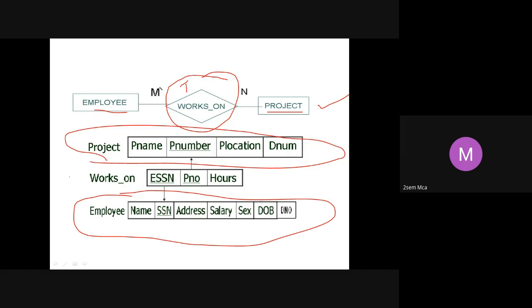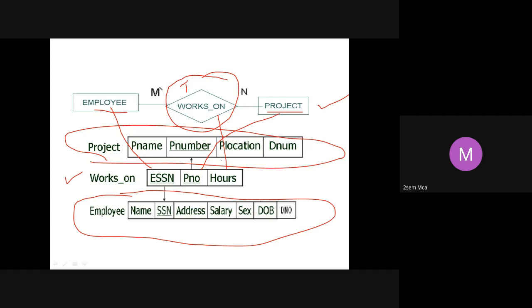See here. You have created a new table. What should it include? It should include the primary key of employee, the primary key of the project, and any other attributes that this relationship has. These 3 will come into your works on table. So whenever you have M:n, many to many, create a table for that relationship along with the primary keys of the entities.